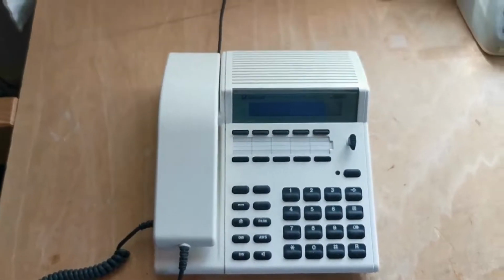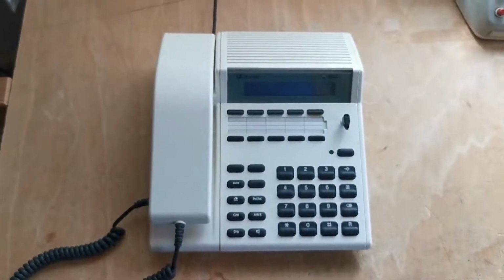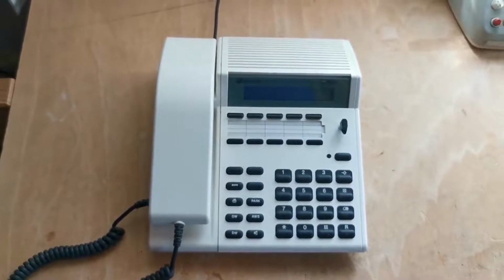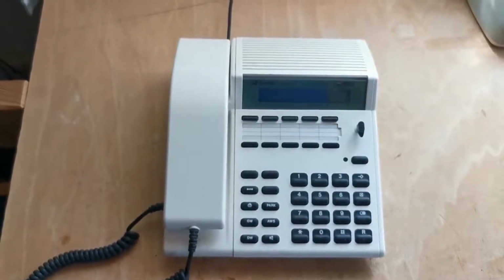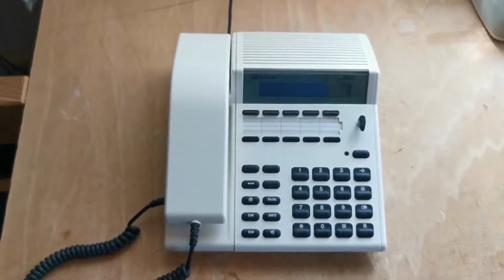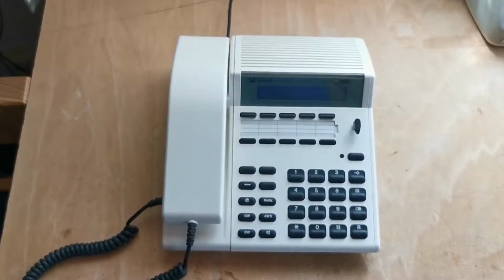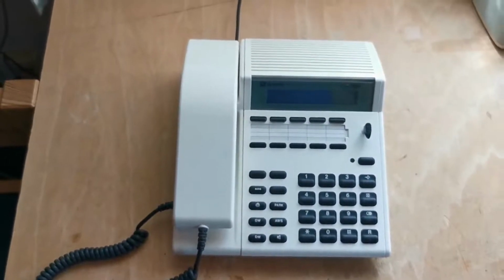Okay, so I know that ISDN is always sold as something that still does nothing in the United States. In Germany, we had lots and lots of ISDN installations in customer homes. The reason was that copper pairs were extremely scarce at a certain point, in particular after the reunification of East and West Germany. All copper went into East Germany. There were essentially no pairs available, and the advantage of using ISDN is that you can have two phone numbers on one pair,